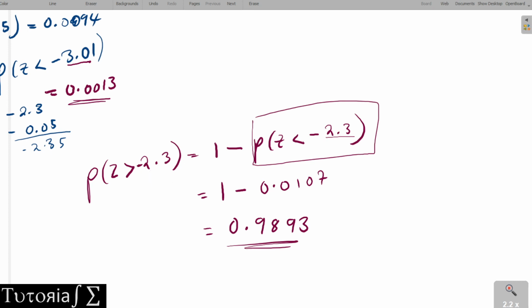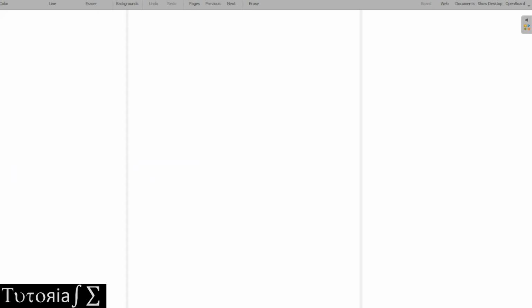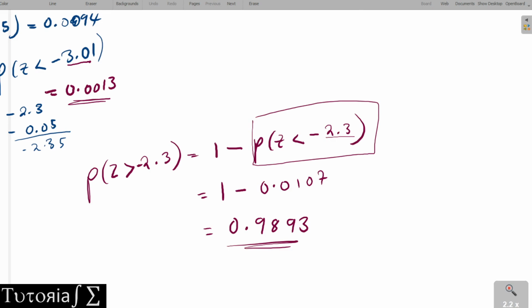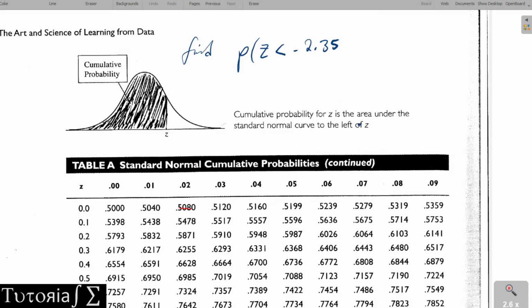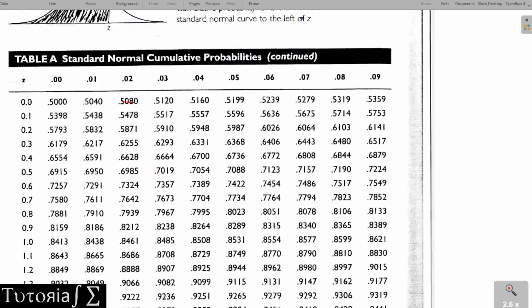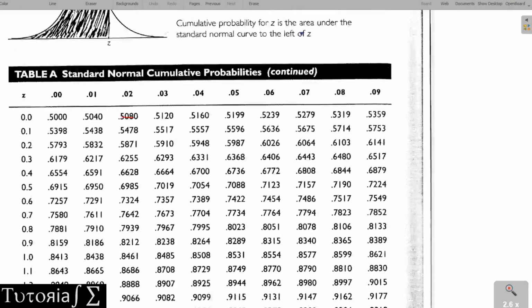Let's look at a positive number. Let me see, where is the other? Okay, here. Let's look at the positive values. So maybe you're asked to find the probability of z greater than 0.93, for instance. Okay, so now